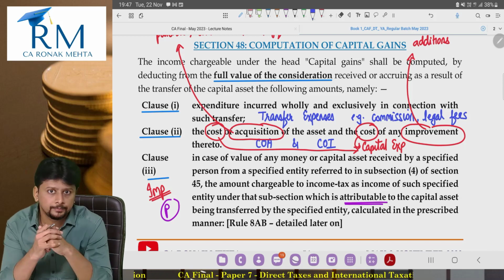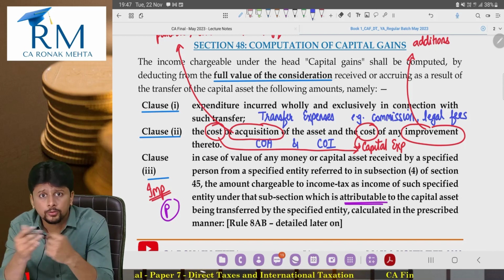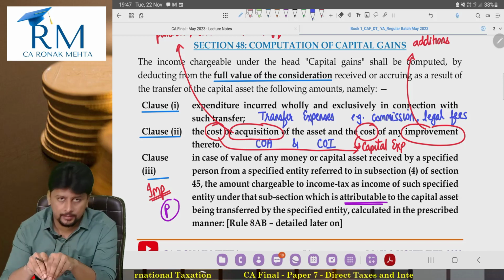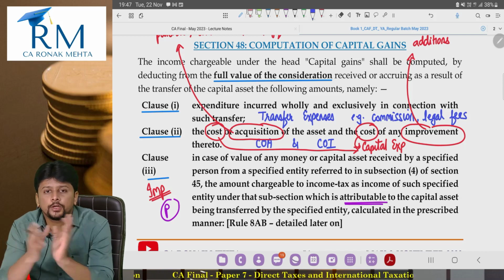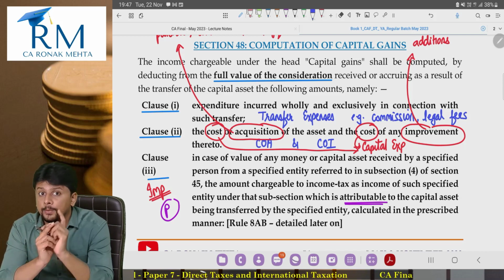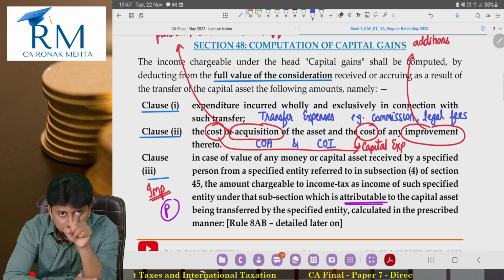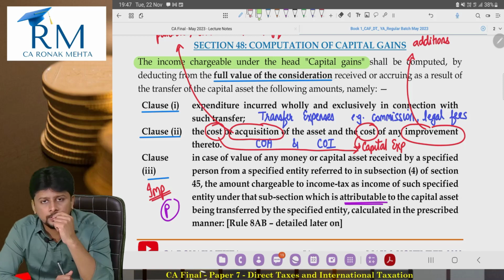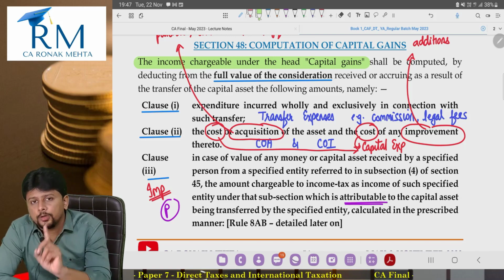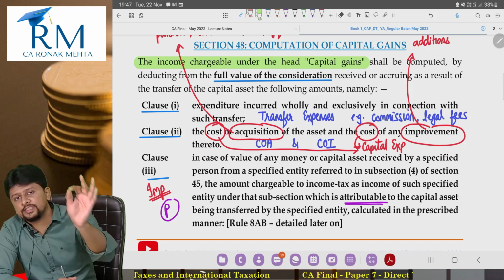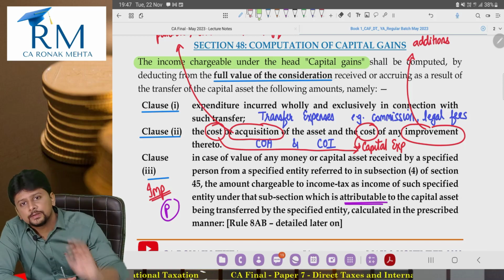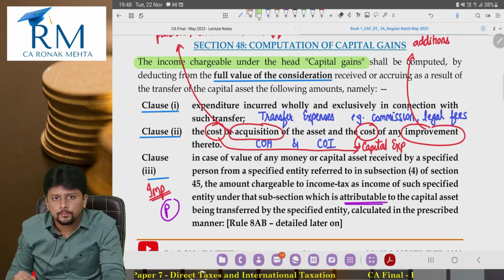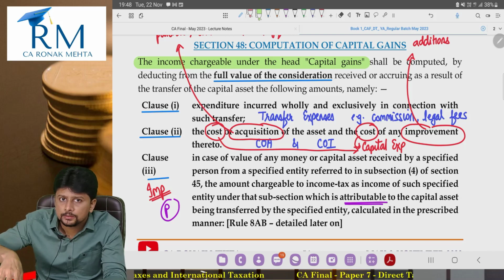Actually, it is written. What I am now about to speak is not taught to CA Inter students in this way. It is simplified and put in front of CA Inter students. CA Final students, you are mature enough to understand this. Read the very first line. The income chargeable under the head capital gains. Does it say short term or long term? No. It only says amount chargeable under capital gains. But we know that under capital gains, there is short term also and there is long term also. So, this formula is a general formula given.